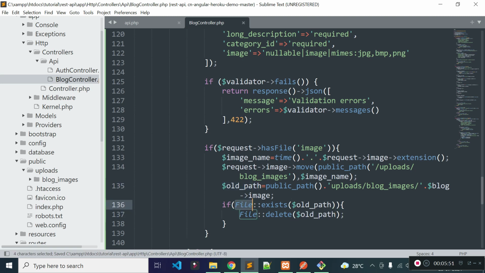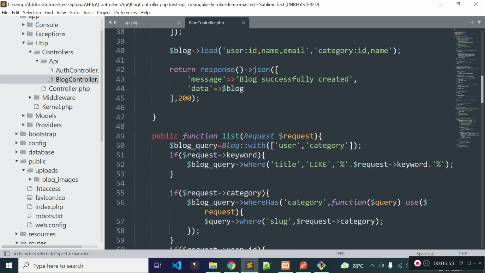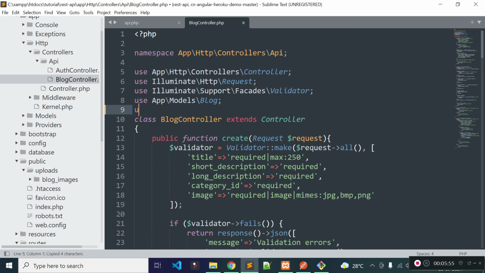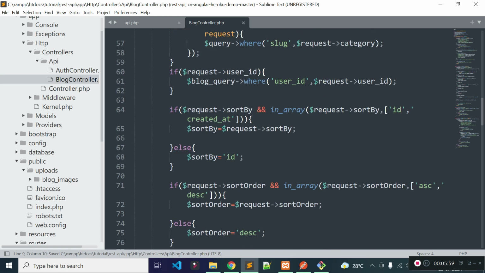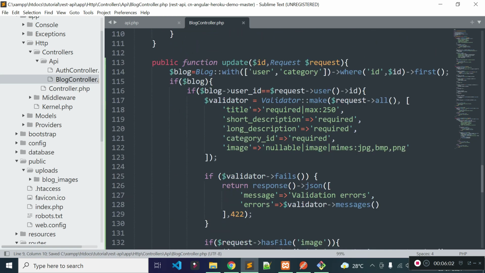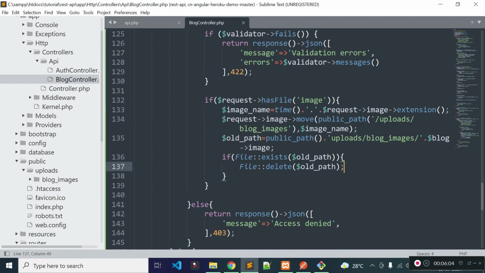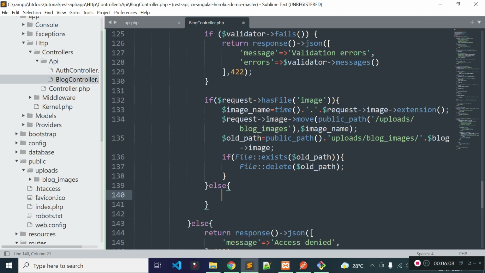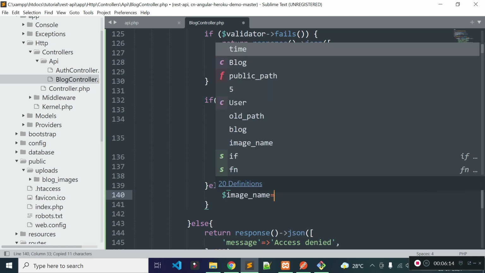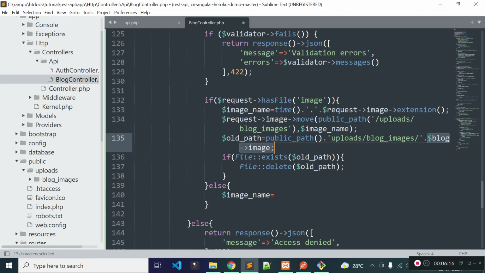Because we are using the File facade, we need to import File at the top, so let's use this File at the top. So this will delete the old image, and if the user is not updating the blog image, then I will store the old image name to this $imageName variable, and we can get the old image name from this blog object.